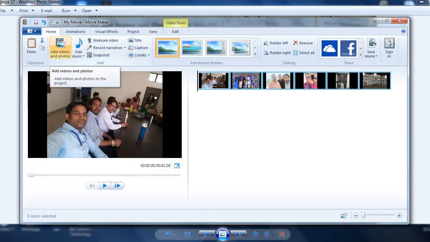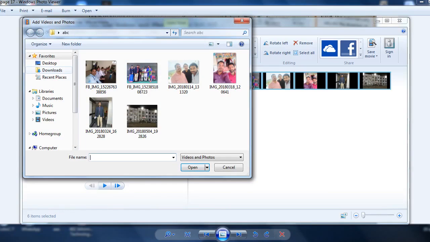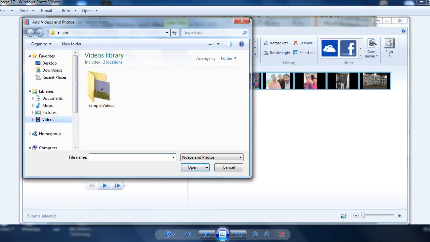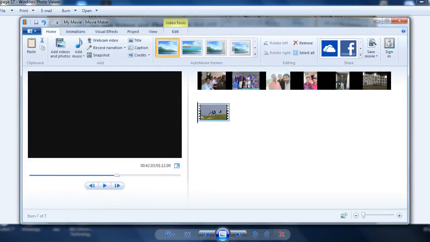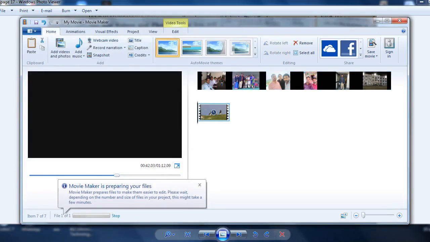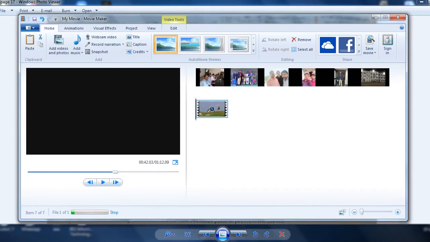Let me check whether I have any video clip or not. Under this video option, let's take this video. In this dialog box also, the Add Videos and Photos option, I will click on Open, and this is the video.